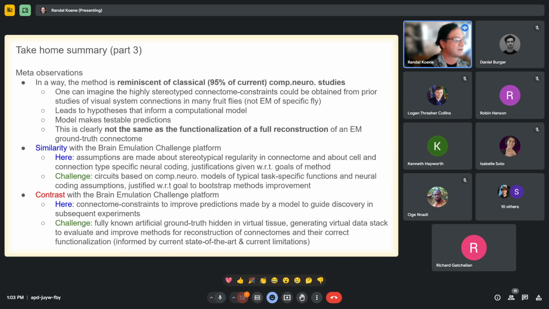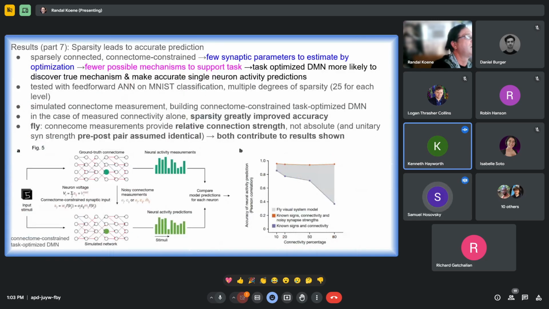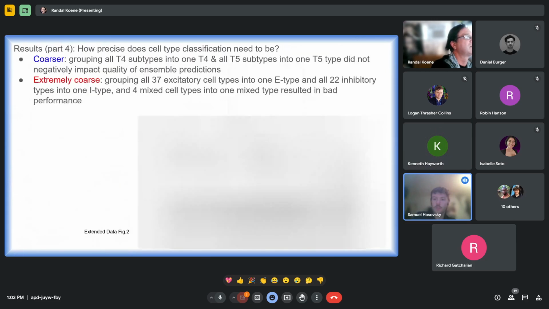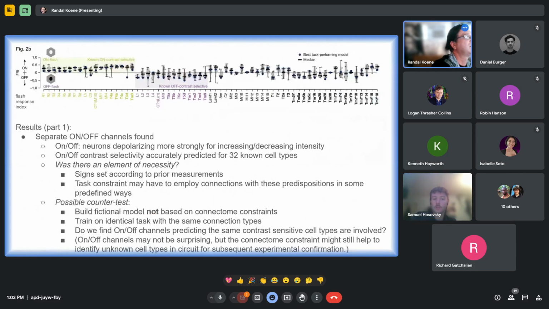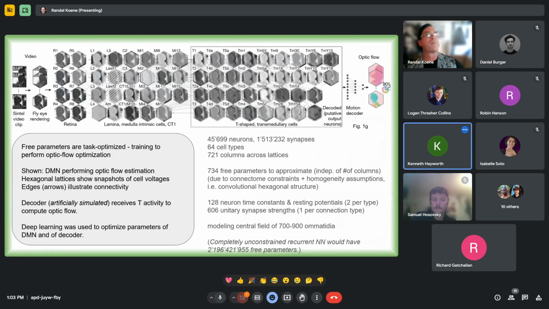How many? I wonder if that's in the paper. I'm not sure if I added that. I'm sure it's in there, but yeah, it's two. Yeah, convolutional decoding network with two layers. So it is quite shallow, although it is not just a simple perceptron. It's pretty shallow. It's feed forward. It doesn't have any temporal aspect to it.